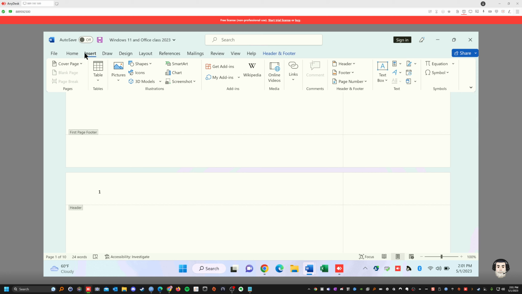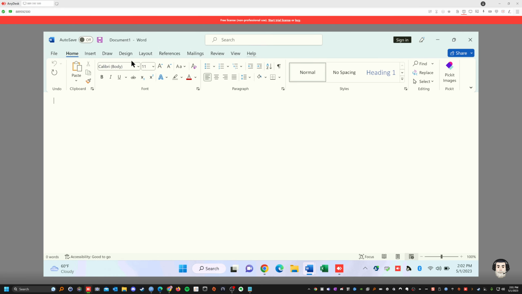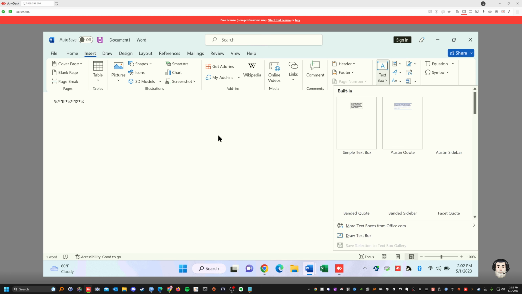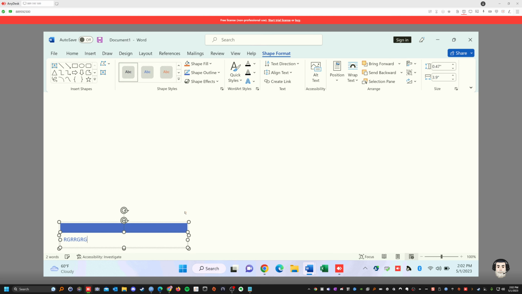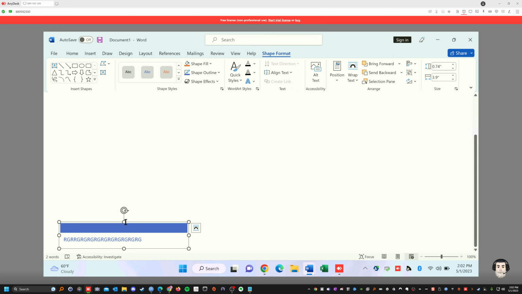Let's go back. I usually do file. Let's do a blank document because we've got too much stuff in there. Okay, so let's go to insert. And the next one is if you want to add a text box. If you want to, you could type in anything in here, right? But you also could add a text box, see? And you could, whatever text box, however you want to see it, you could add a text box. See that? And you could change the colors and change the information on the text box, right? You could rotate the text box, right? If you're doing like an article for like print shop or something, like for news. And you could drag and drop this text box anywhere you want. See?